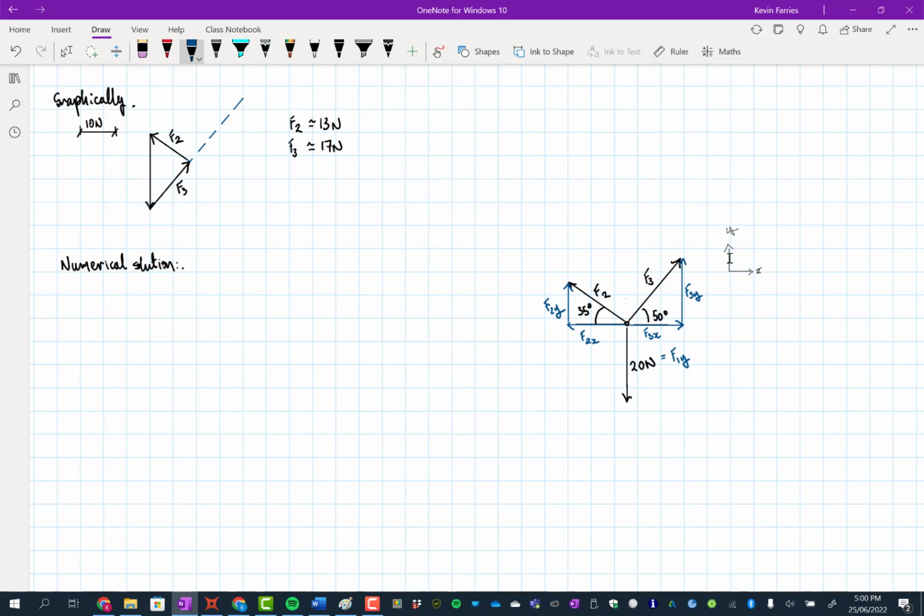So let's start with the x's. So we know that F1x is 0 because it doesn't have an x component. This is F1, the 20 newtons that we were given. It's only going vertical, so no x component, so F1x is 0. F2x